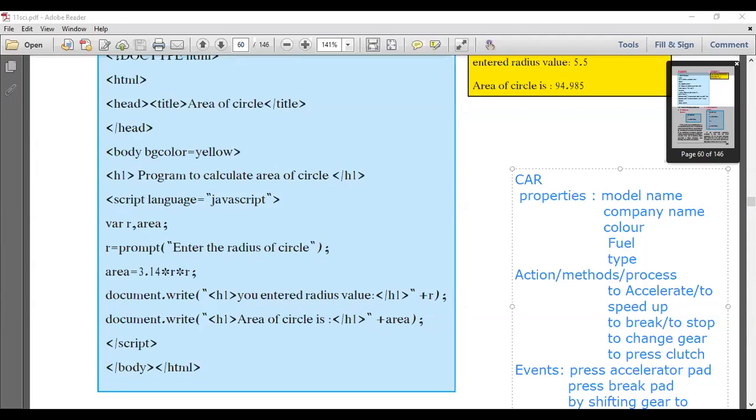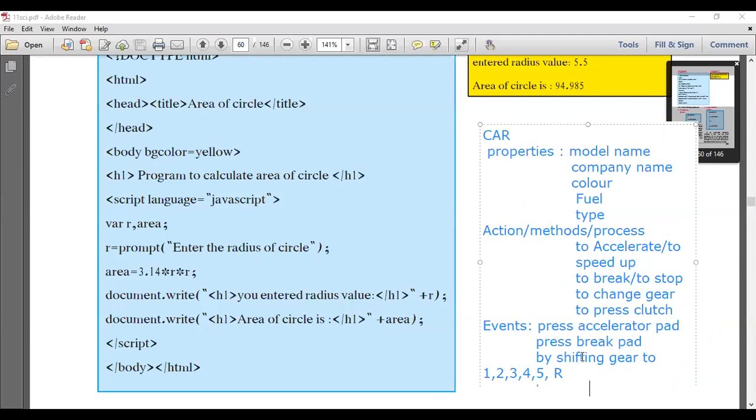But there is one more event we have to trigger, that is to press the clutch pad.